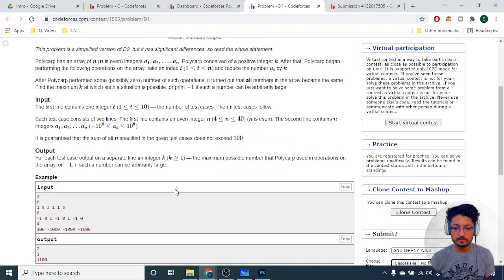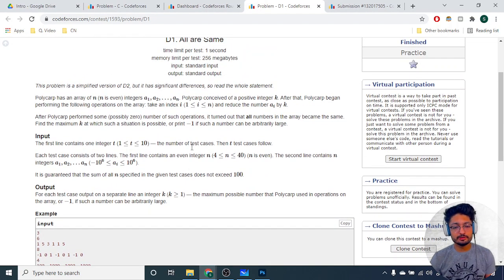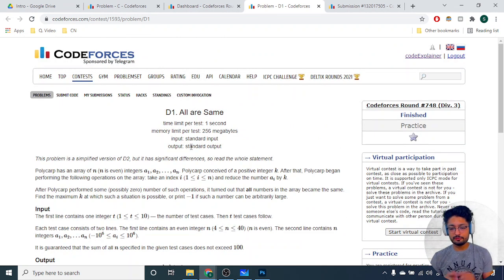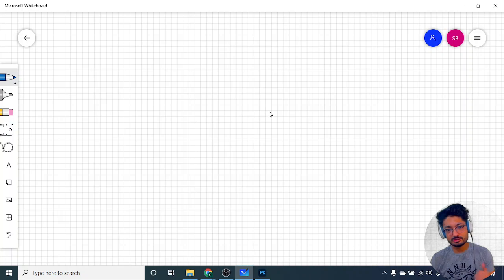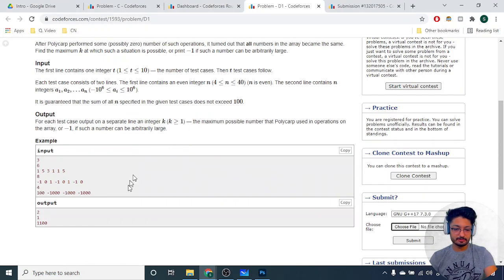Now what you can do in this problem is, the first thing to observe is that you are subtracting. So if you're subtracting by k, the maximum that can occur is that you can make all the numbers equal to the smallest number possible. That is one clear observation, that you have to make all the numbers equal to the smallest number possible. Let us take some example.